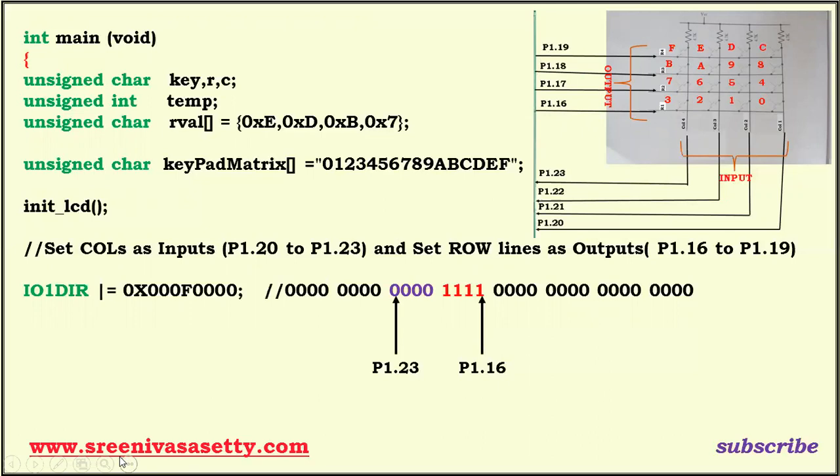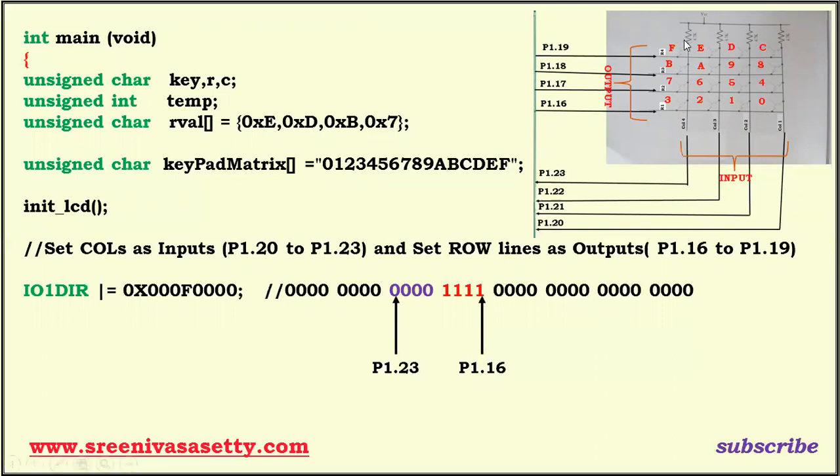No, it's not possible. Therefore, if you want to display anything on LCD, you have to send ASCII code only. That is very important. Therefore, here I'm going to use something like a lookup table. Suppose we have pressed key number 1, then here keypad matrix 1. Keypad matrix 1 means what? I'm going to get the ASCII code for this 1, then display it on LCD.